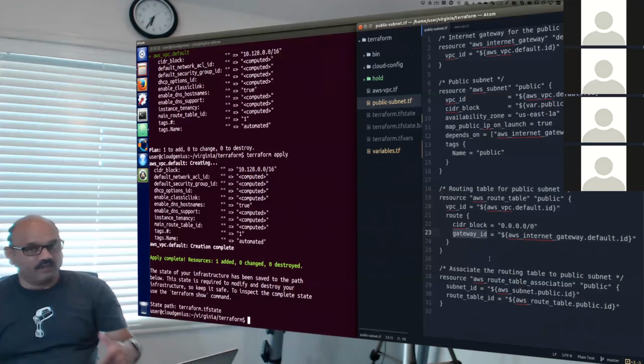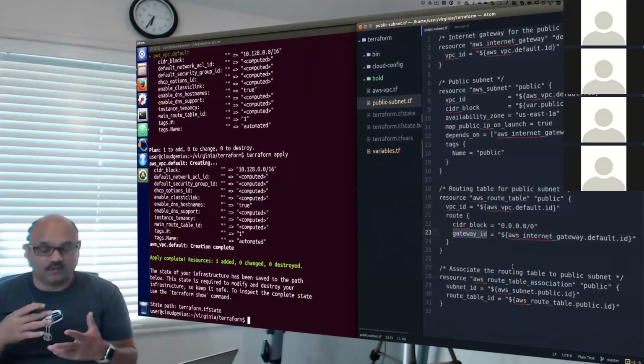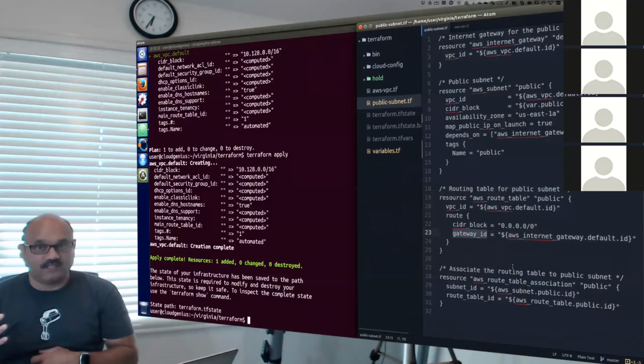There is one more thing to do with your subnets, which is to associate a route with a particular subnet. So we are making this routing table and associating it with the public subnet.